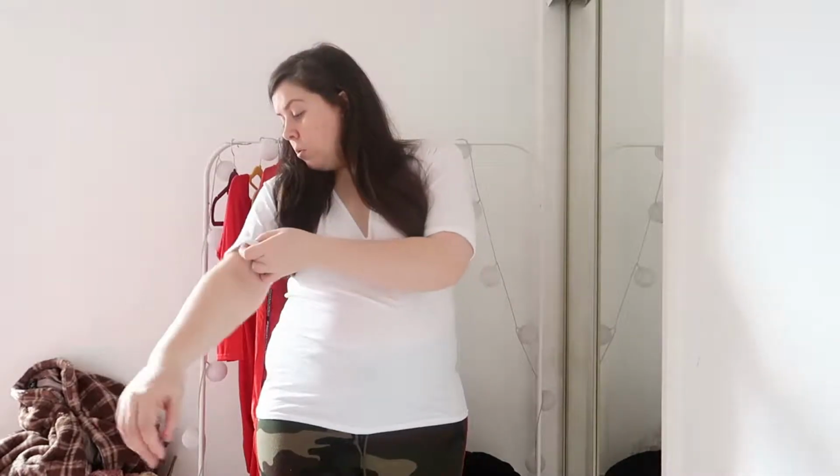Let's try the other size. So here is the shape white tee. As you can see, the V is a lot bigger, like this is a lot plungier. The material does feel different. It's weird, it's not quite...